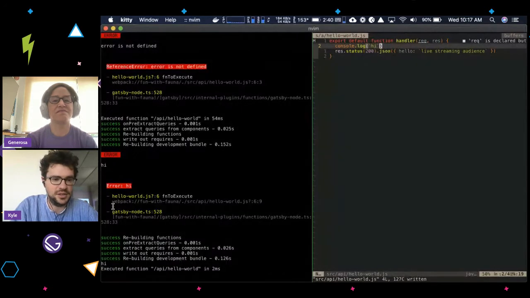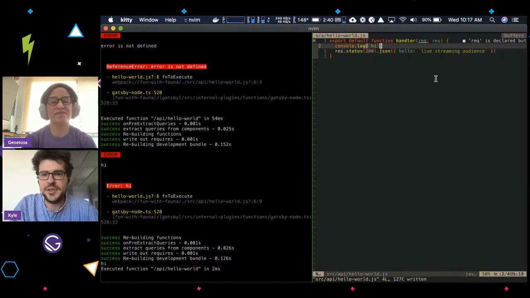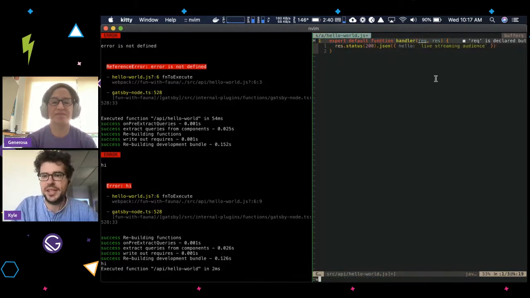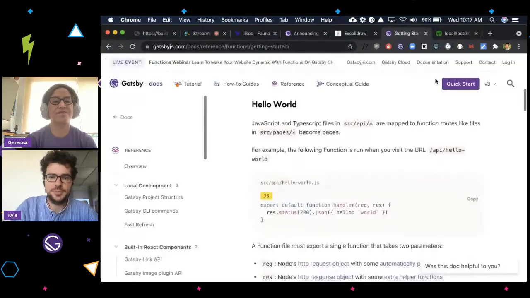And then again, see logs there. So yeah, it's a nice development environment. Hot reloading, errors are handled. It's pretty cool. Okay, so that's a basic function. If we go back to the docs,